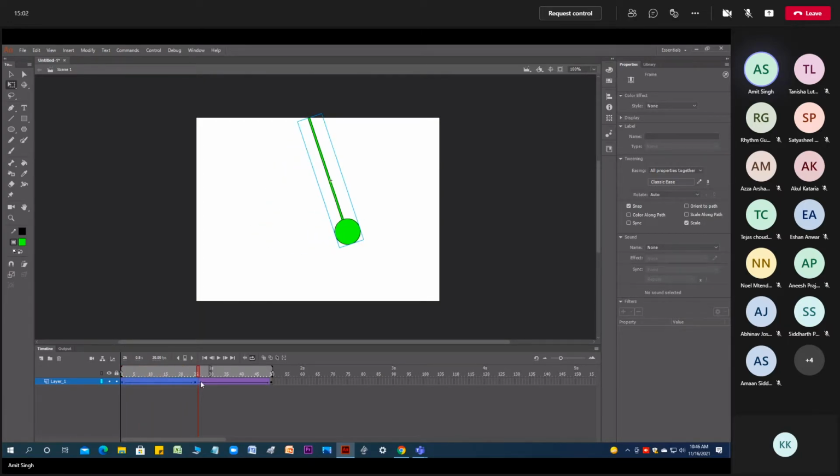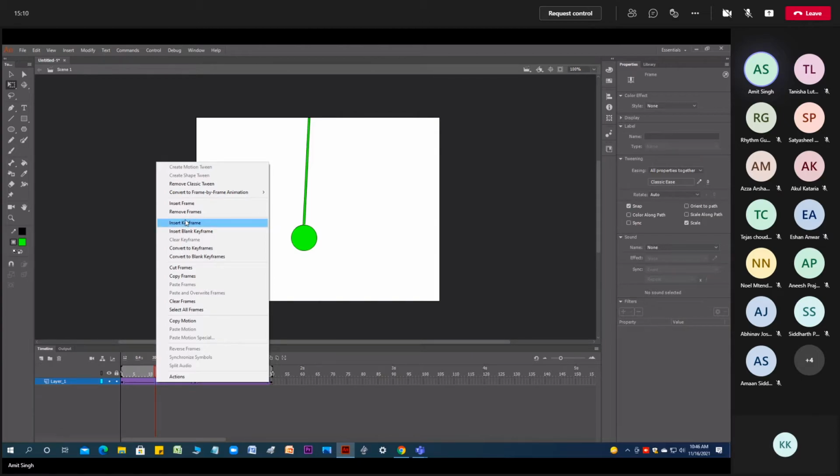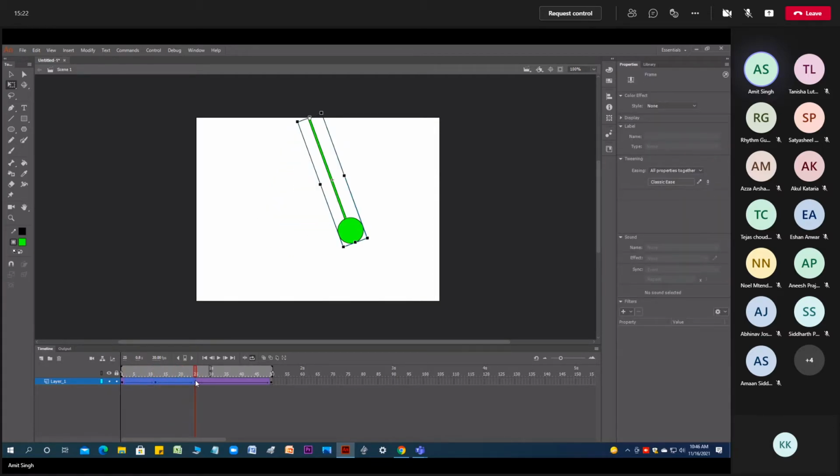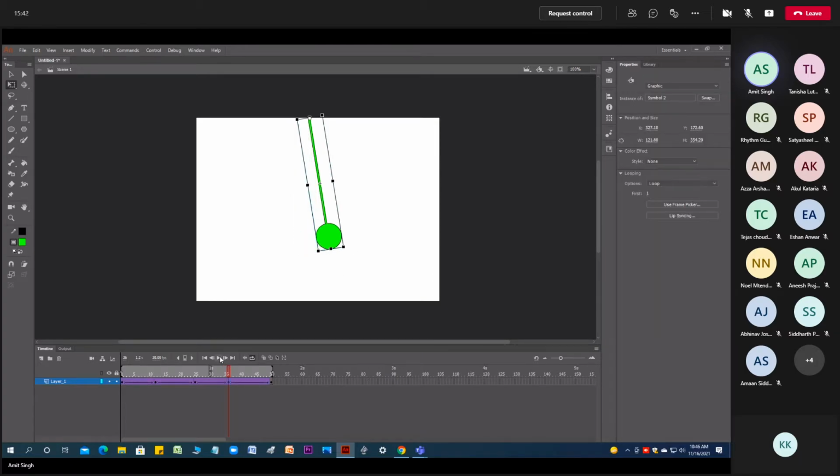Somewhere at 15, keyframe. Somewhere in between, right click, insert keyframe, and select this key and either add the time, then play.